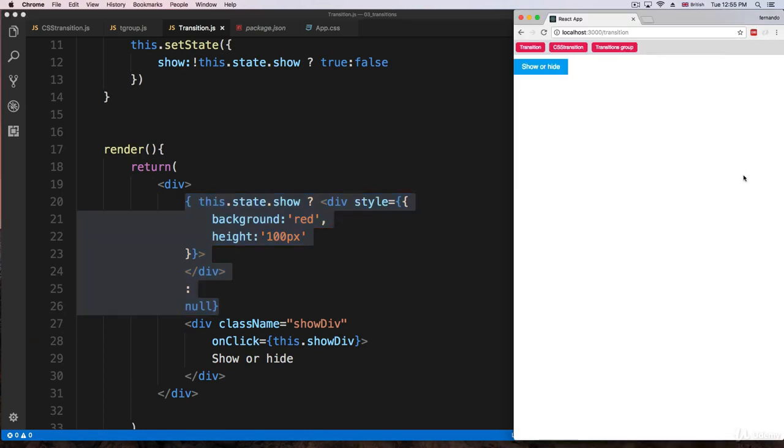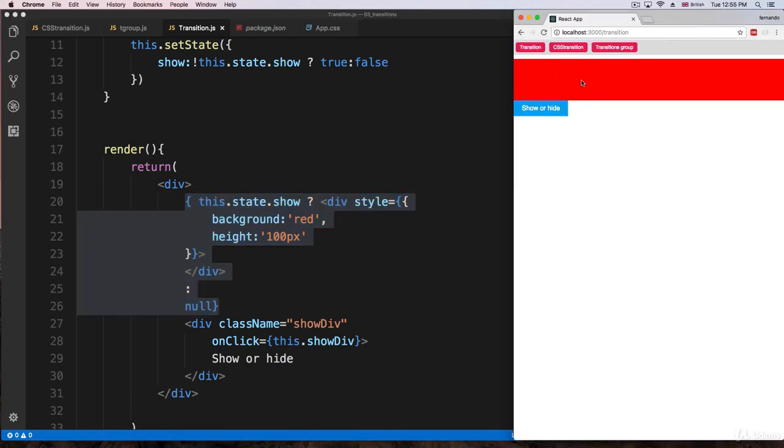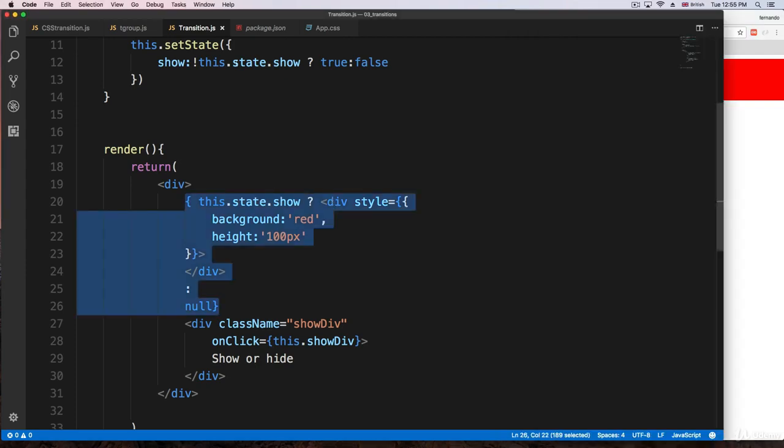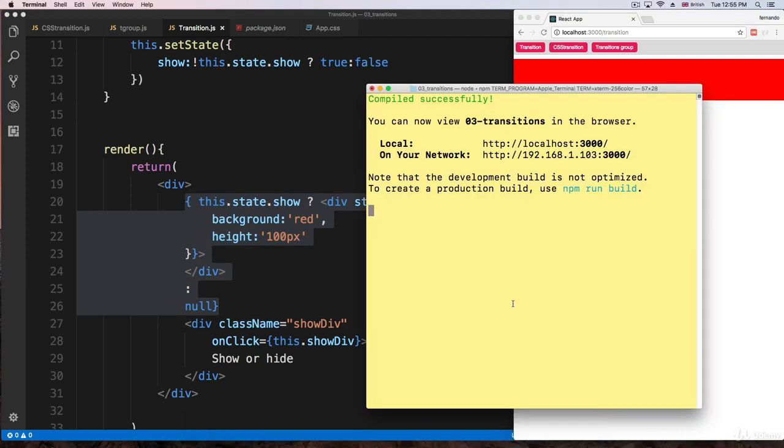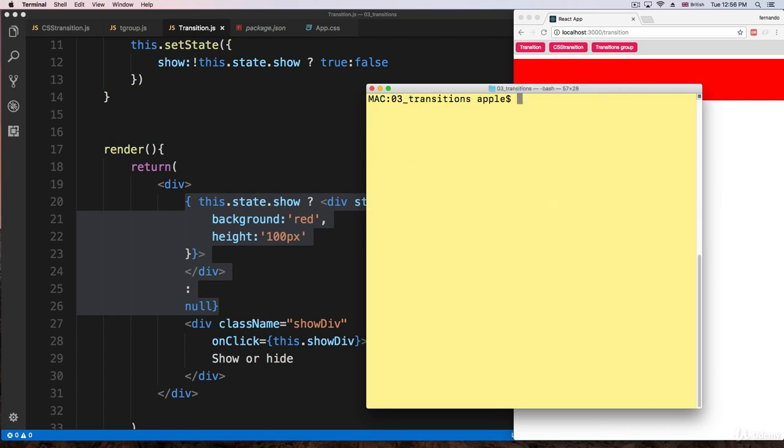So now what we want to do is add a nice transition to this, maybe a slide or a fade or whatever. First we're going to need to install a dependency for this. It's going to be called React Transition Group. So I'm going to press Control C to clear the terminal, and I'm going to install this. So it's going to be npm install and then react-transition